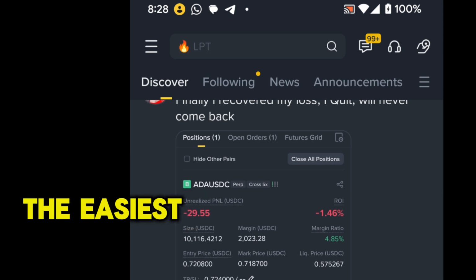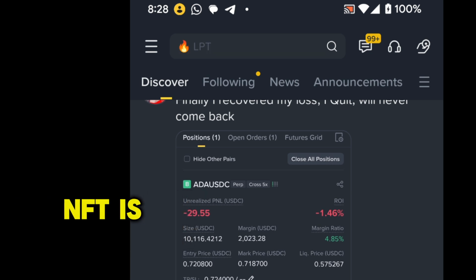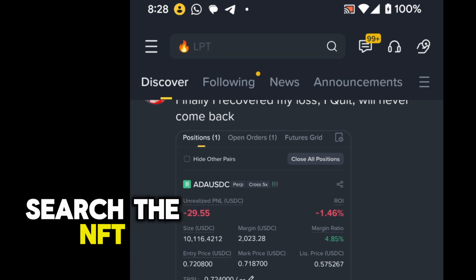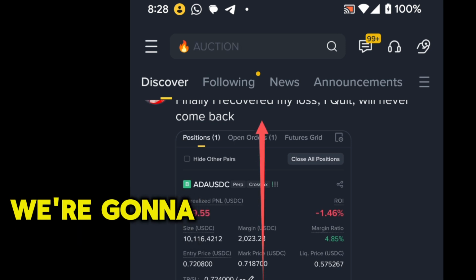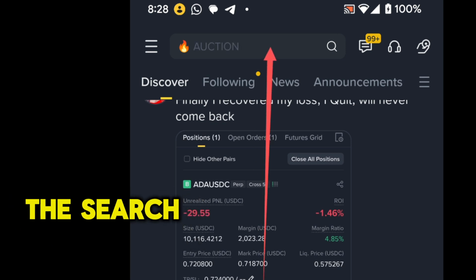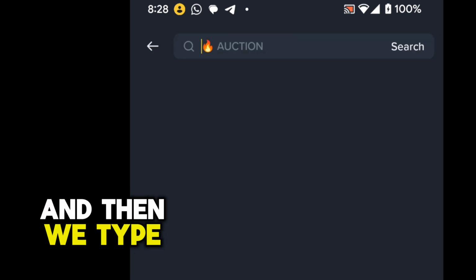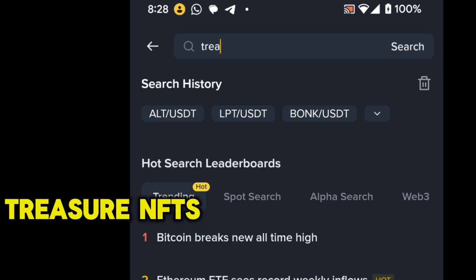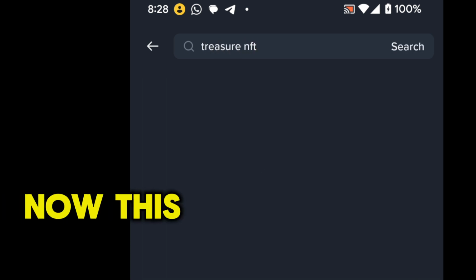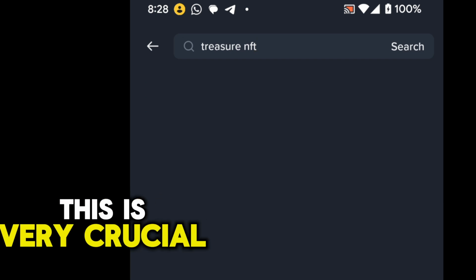Okay, so the easiest way to look for a treasure NFT is just to search the NFT. So what we're gonna do at this point is we're gonna use this icon, the search icon you find here, and then we type treasure NFTs. Okay, now this is a very crucial step, because